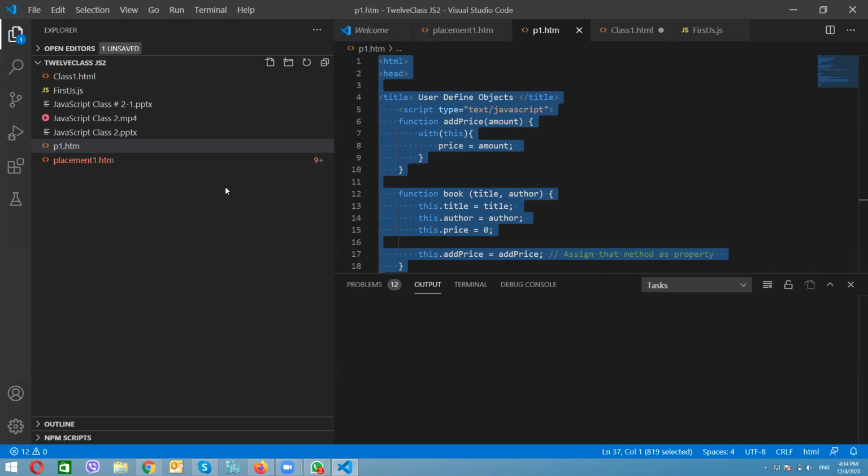In number we will have so many things: precision and decimal value. We will learn about boolean, and also we will learn about string. So these three things we will learn in detail by using object methods.